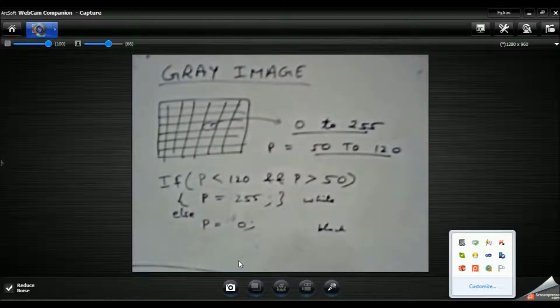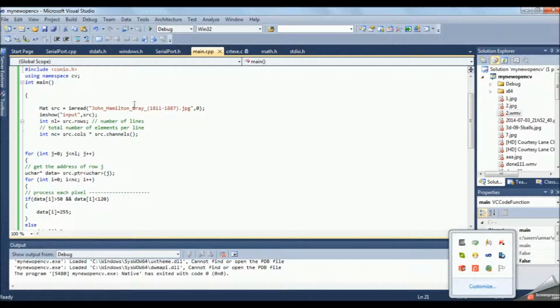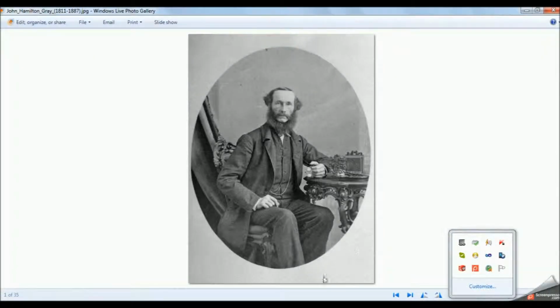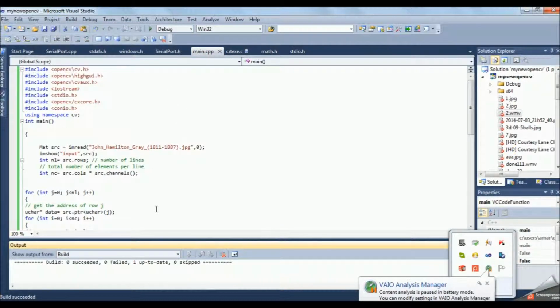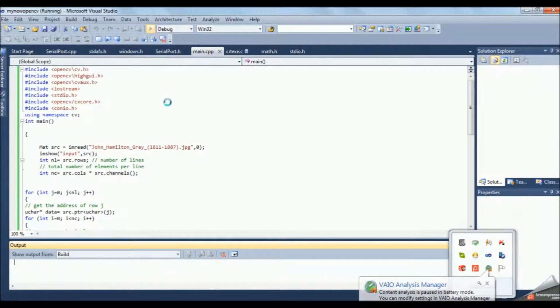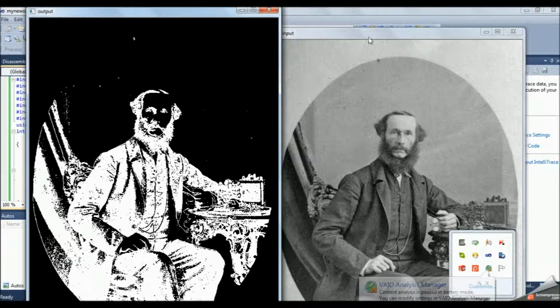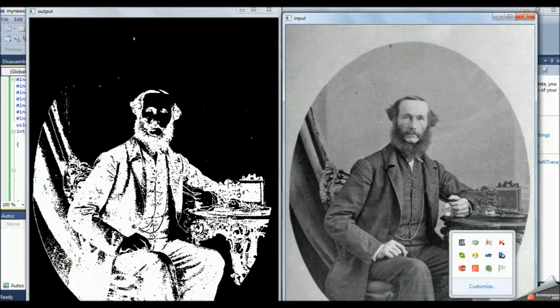Now let us see how to implement this C syntax in a program. So this is our program to filter out the pixel values between 50 and 120 in a gray image, and this is our sample gray image. Let us compile the program and run it. It is already compiled. When we run it, this was our input gray image, and this is our processed image, a binary image.